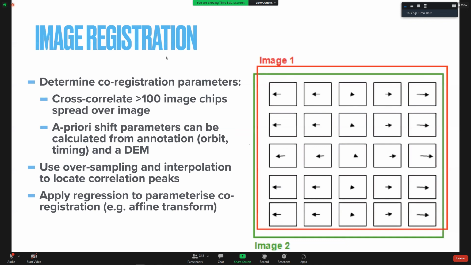And then we use regression to parameterize the co-registration and get the co-registration parameters. So we just go through that. Basically, we assume the parameters, then we kick out the outliers, assume it again, kick out the outliers until we are satisfied with our